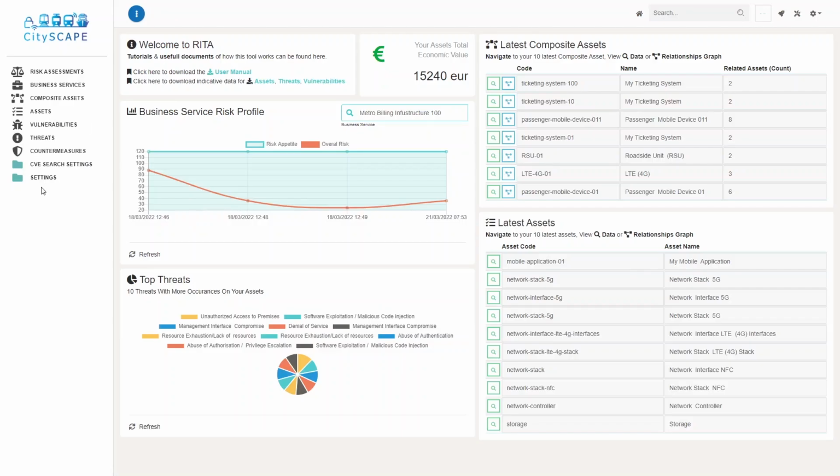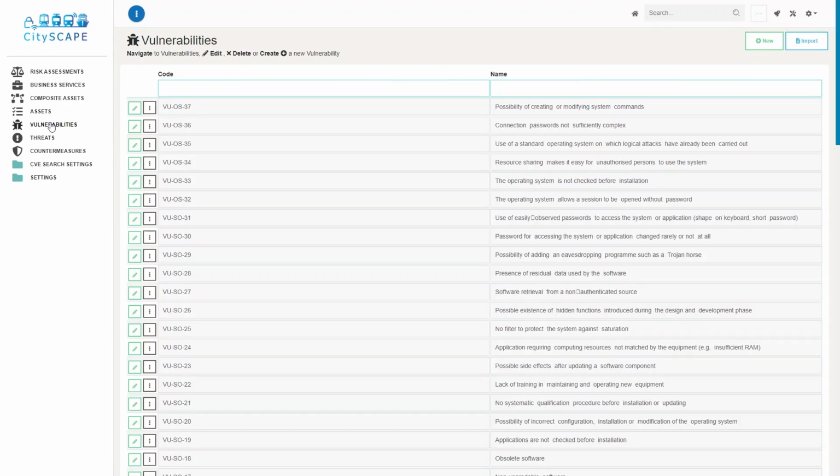Representational state transfer application programming interface, REST API, enabling components to communicate with Rita in order to A, insert new threats, vulnerabilities, and countermeasures into the risk analysis, update the relations of a given threat, access the basic assets and their exposure to threats, access for each composite asset the list of basic assets it is composed of, their relationships,